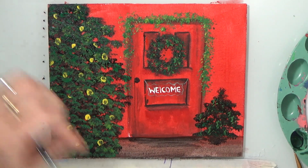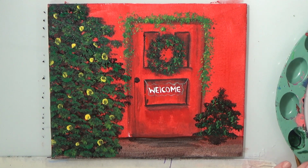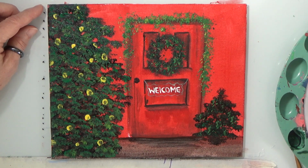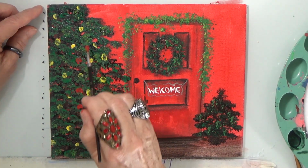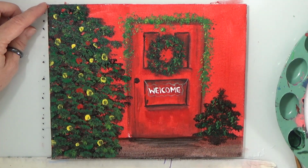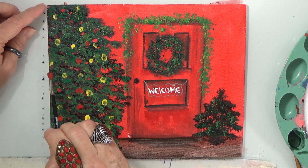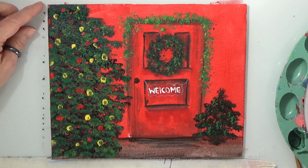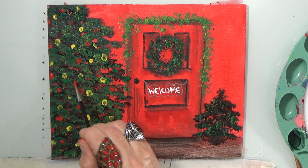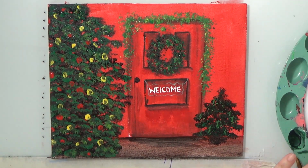I think that's enough. Okay, now I'm gonna go ahead and add some red ones now. So let me pick up some red and add some reds. You just tap it, you don't have to really press. If you load up your brush enough, all you have to do is place it. And you can use any color bulbs you want. It doesn't have to be red, it doesn't have to be yellow. Okay. Now that we did that,